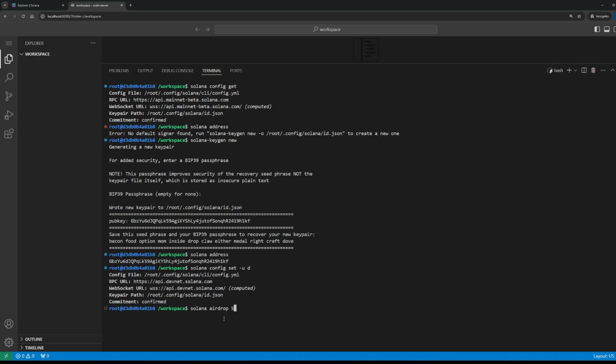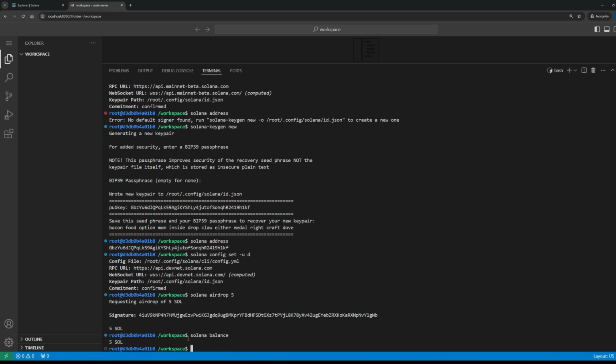This command will call the airdrop instruction and we will receive 5 Solana. You can see the signature and the output 5 SOL. So currently, if I specify solana balance, you can see that I have 5 SOL.